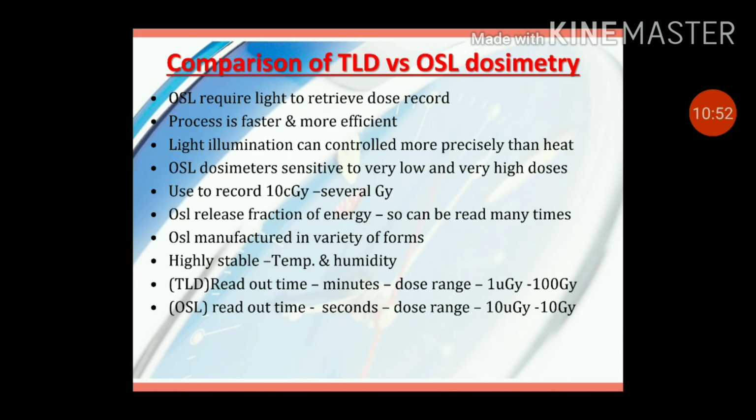Light illumination can be controlled more precisely than a heating process. So OSL dosimeters are considered to be more accurate than TLD. OSL dosimeters are sensitive to very low and very high doses. Typically, an OSL dosimeter can be used to record 10 microsievert to